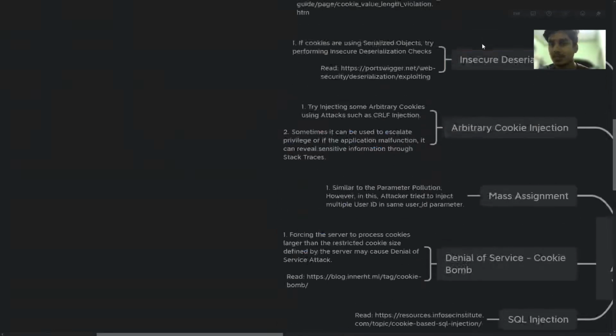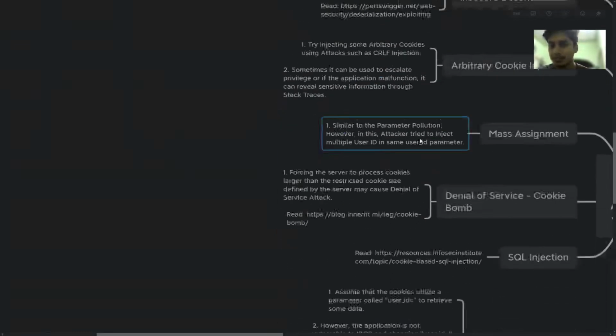This is more of a similar attack vector to cookie length violation, just the same attack with two different names. Cookies can also be used to perform SQL injection. This is a really nice blog by resource.infosecinstitute.com, and you can go and check it out to get a good idea about SQL injection in cookie-based authentication. Again, to give you a rough idea, if there is some server-side interaction happening in the cookies, and some values are being fetched dynamically, you can always try your luck for performing SQL injection over there.